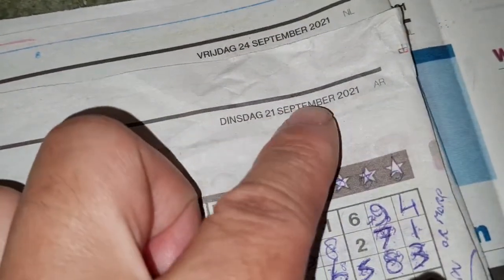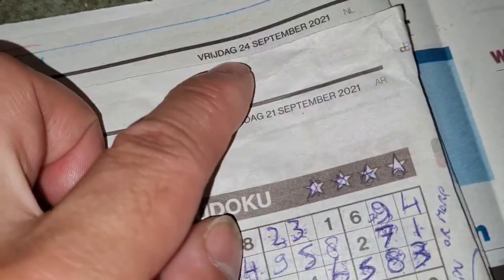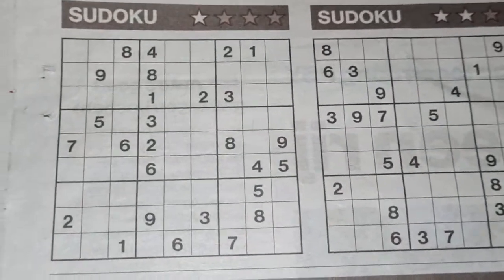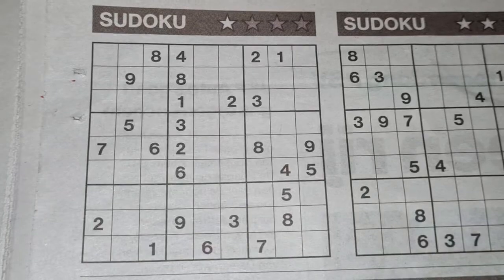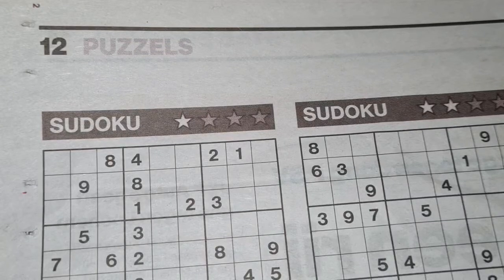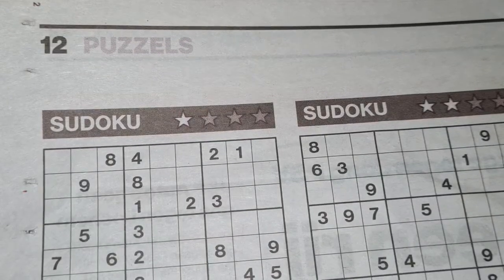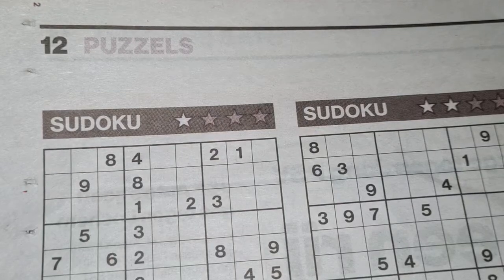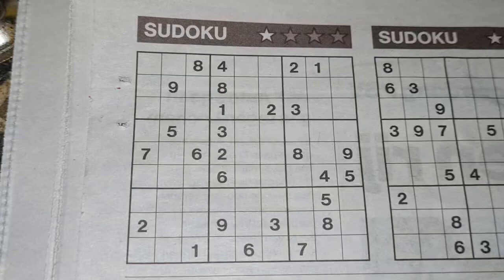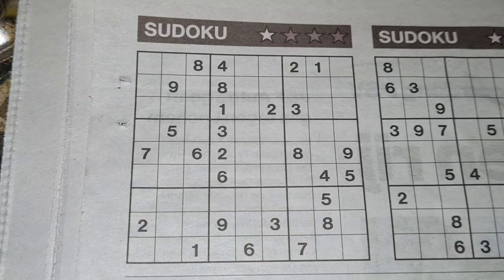Yeah, September the 21st, 2021. Because today on Friday, September the 24th, I've told you we have only two regular Sudokus, Sudoku Heavy and a Sudoku Light. And there are no extra Sudokus or additional, so I've decided to solve the rest of the puzzles of the Tuesday edition. We have three puzzles left, the 1 star, the 2 stars, and a tectonic with 1 star. Because the Wednesday newspaper, I have solved the whole additional, and I believe the Thursday edition there were no extra Sudokus. So yeah, let me continue with the Tuesday edition, and this will be number